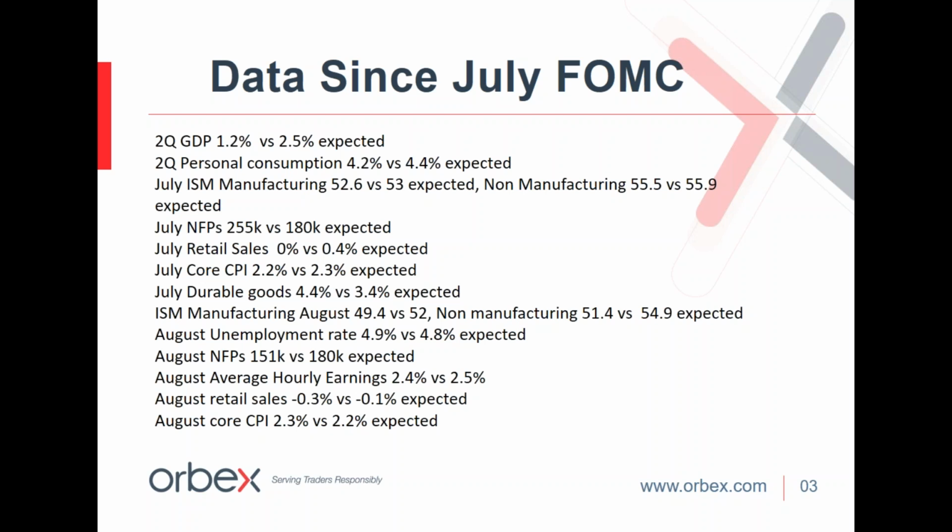So clearly a lot of data weakness there, and really the only positive data that we've seen in that series has been the strong July NFPs, which obviously fell back again in August, and then the better than expected August CPI. Crucially though, the ISM manufacturing and non-manufacturing data has undershot expectations for the second consecutive month, with retail sales similarly falling for a consecutive month. So the data highlighting a lot of weakness there in the underlying economy and causing some disparity in expectations against what various Fed members have been saying.